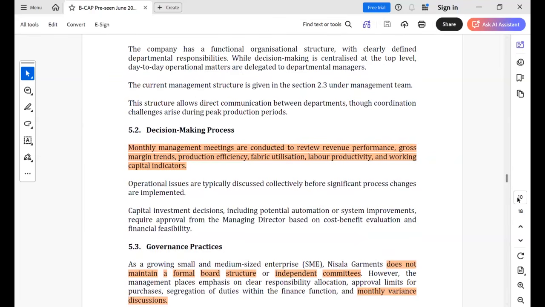These monthly reviews we can divide into two. Right. The operation related performances and finance related performances, right? So remember the production performance, you must review daily. So this is the major weakness we can identify in their decision making process. There is no daily